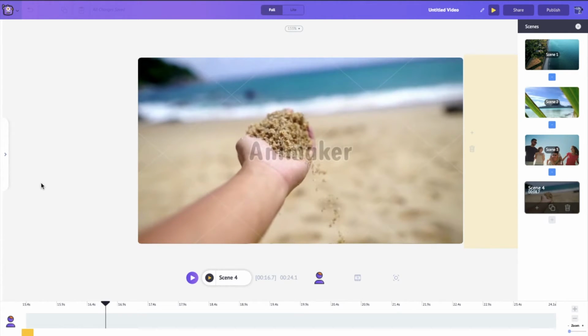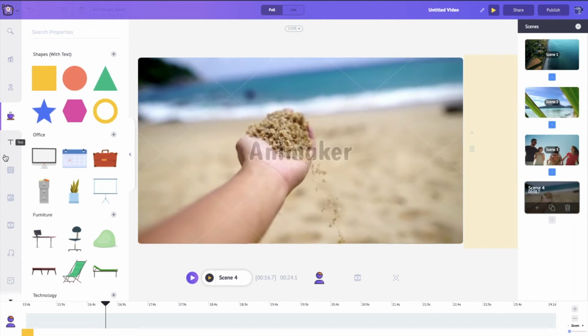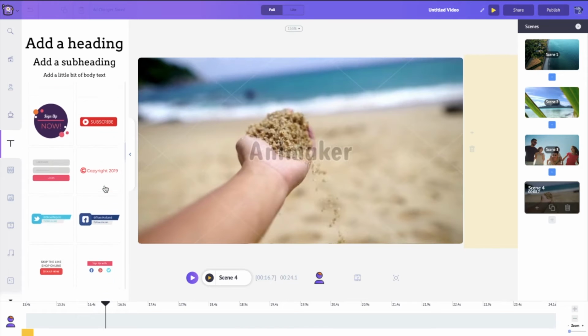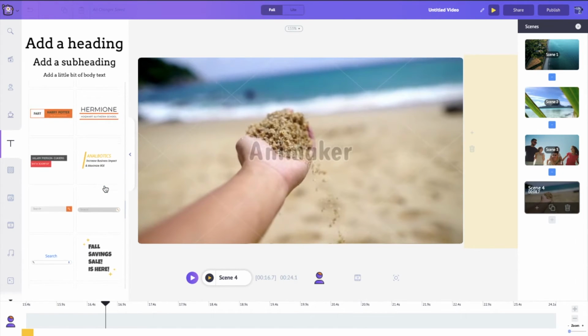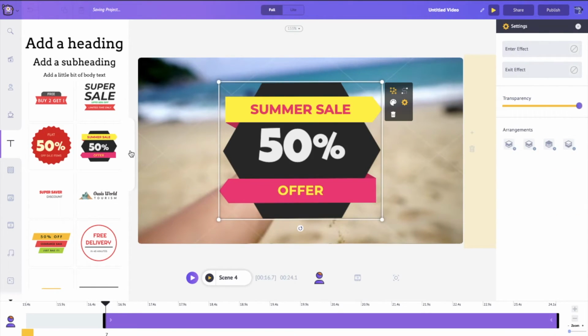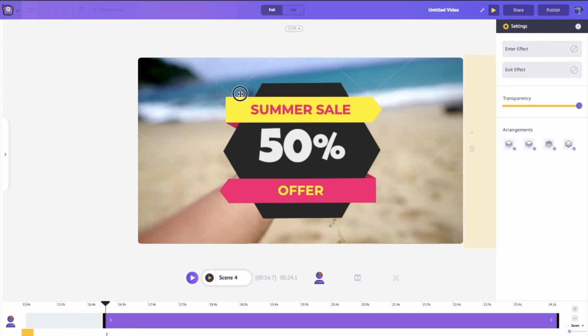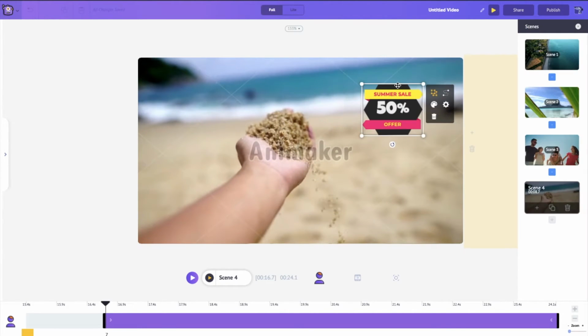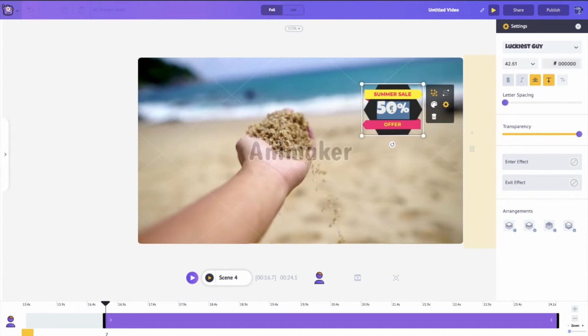So now I'll just add few text. So for that, I'll again go to the text, and maybe I'll select a different text pre-built. So I want to show an offer which is going on. So I'll just click on this text pre-built, resize it, place it somewhere over here, and to edit the text, I'll just click on this and change the text. So I'll make it 30%,